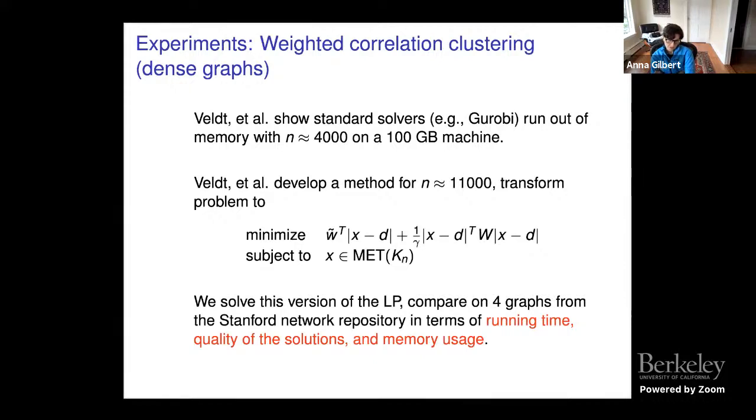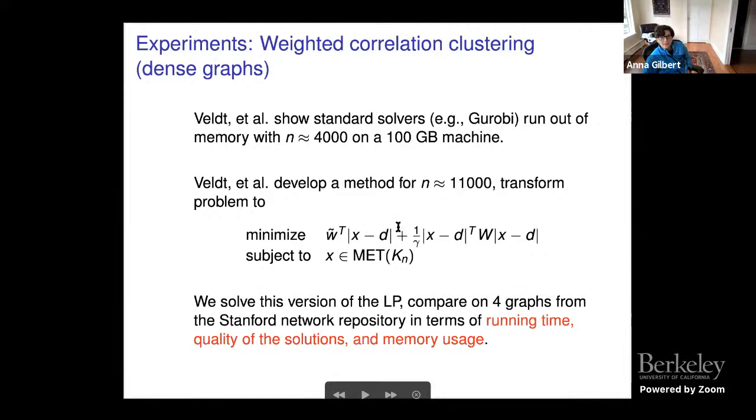And they showed that out of the box standard solvers like Gurobi can only tackle graphs with about 4,000 nodes. And this was a few years ago, so I don't know how reasonable a size machine this is right now. So Veldt in his thesis developed a method for solving graphs with roughly 11,000 nodes